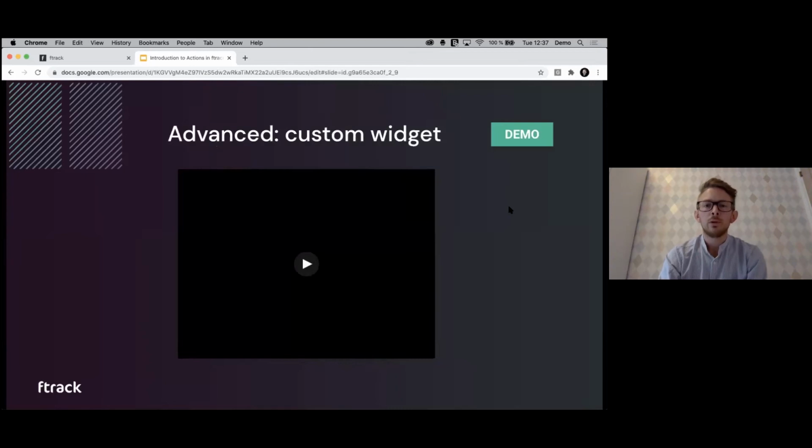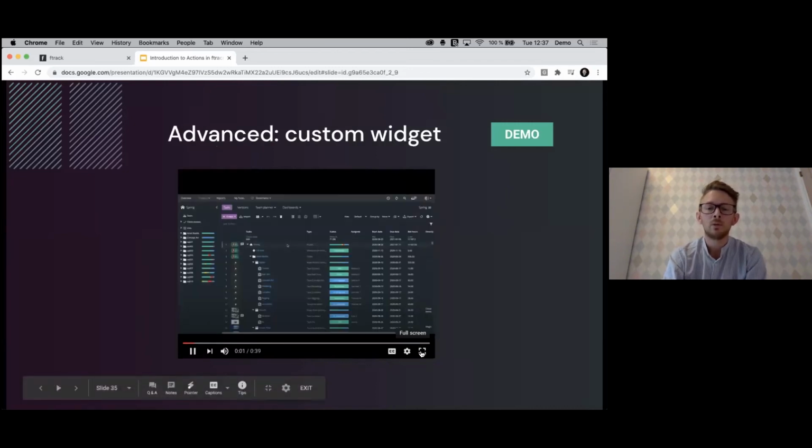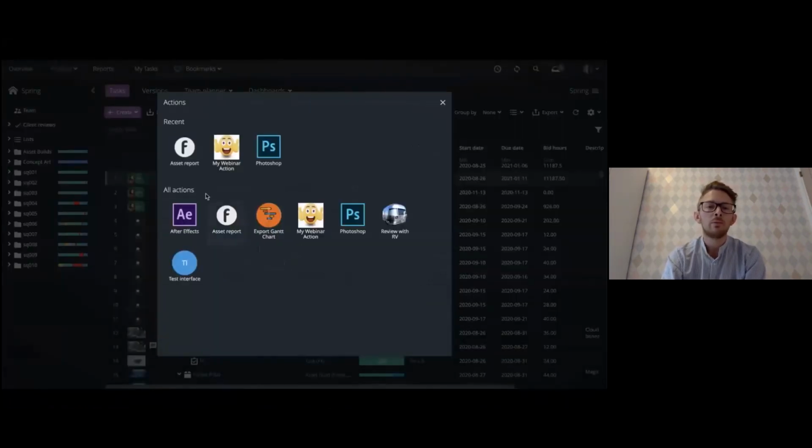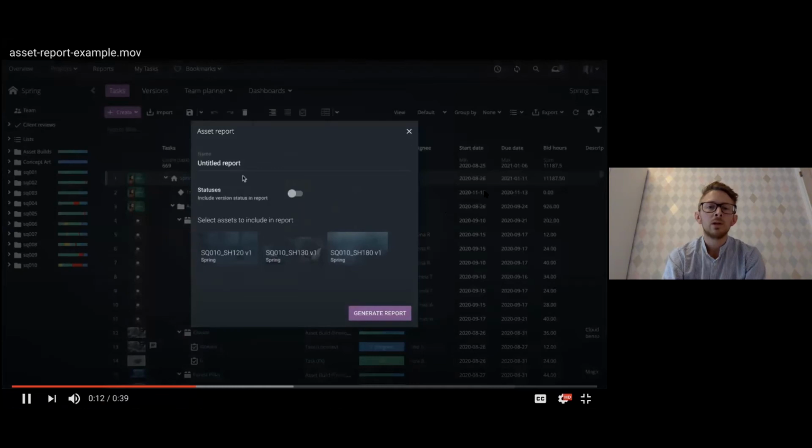I just want to also quickly show you a custom widget. I mentioned it earlier during the webinar that I wanted to give you an example of how it can look. As I mentioned before, it can be an internal wiki, for example, or some other sort of company page. So here I'm showing you the asset report, which, as you can see, is taking over the whole actions dialogue. It even removed the submit button. It's taking up the whole space of the dialogue, and it is presenting this